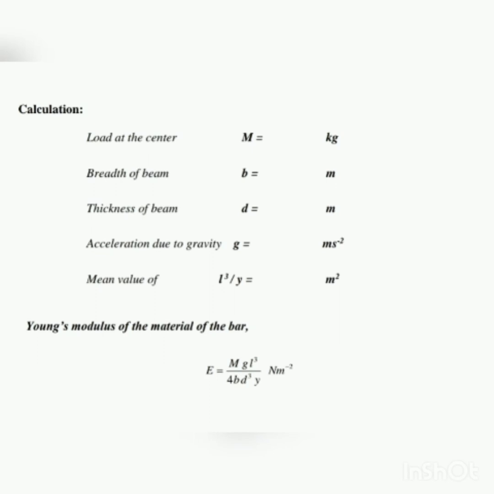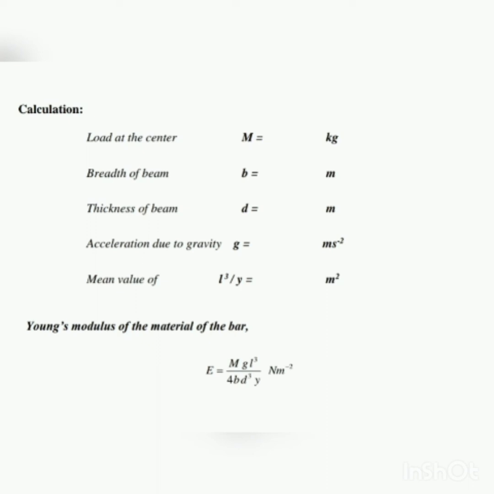So in the calculation part, these readings or these observations are very, very important. So we have to do this experiment for 100 grams. So m is equal to 100 into 10 power minus 3 kg, and the breadth of the beam we can find out with the help of the vernier caliper, and the thickness of the beam we can determine using a screw gauge. Acceleration due to gravity is 9.8 meter per second square, and the mean value of L cube by Y we can find out by calculation. Finally, by knowing all these values we can determine Young's modulus of the material of the